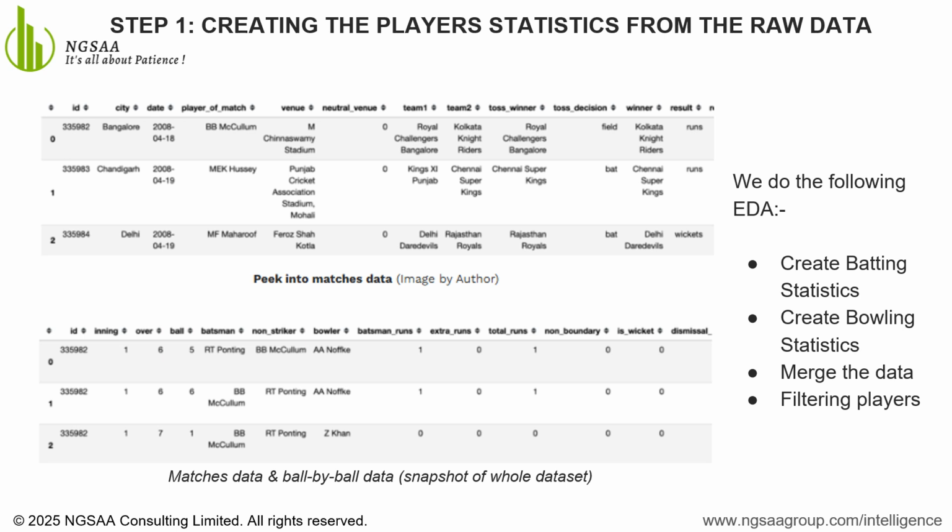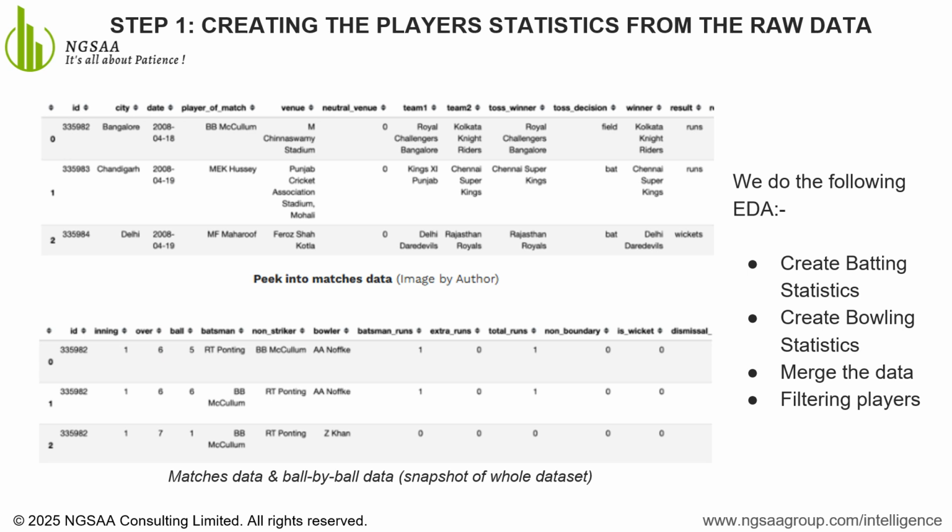1. Create batting statistics. Aggregate player performance by summing runs scored, strike rate, boundary count, and dismissals. Helps in understanding consistent versus aggressive batsmen. 2. Create bowling statistics. Extract key metrics like wickets taken, economy rate, dot balls, and bowling average. Identifies bowlers based on their effectiveness in different match conditions.